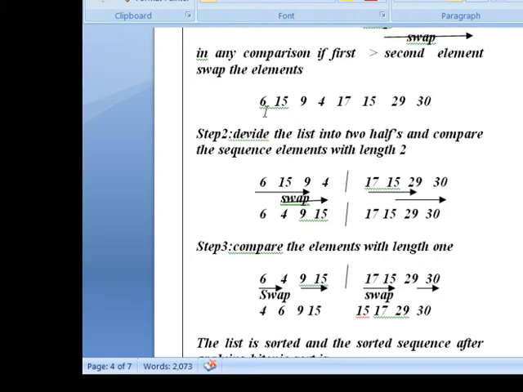So first and fifth input values give it to the first comparator. Second and sixth, third and seventh, fourth and eighth elements, like that we have to give to the respective comparators to generate an output. Already we know the comparator output. Now after the first step is over, come to comparing with length 2 in the sequence.